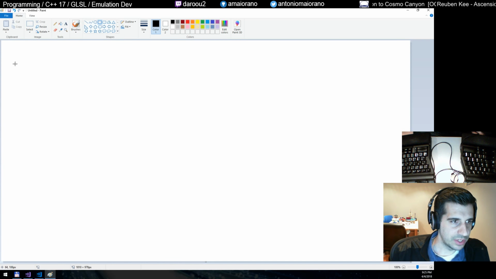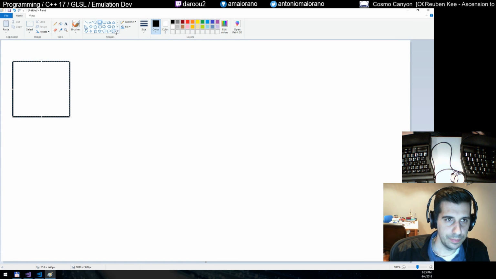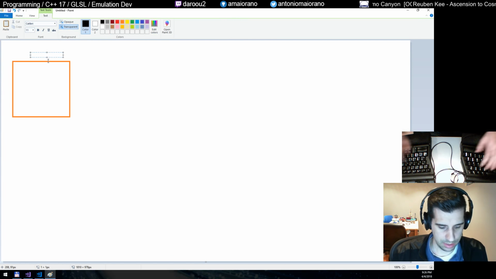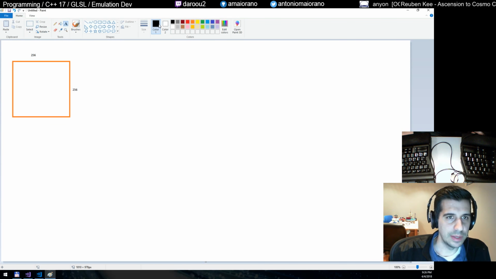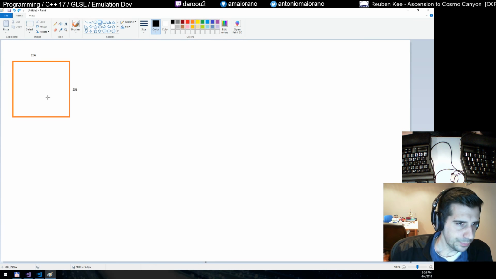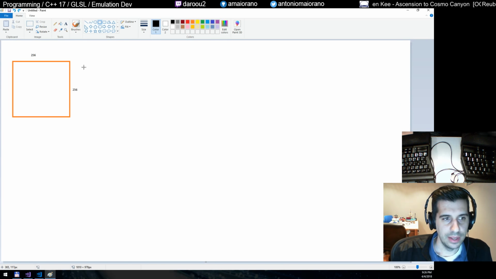So if we think about the Vectrex, right? The Vectrex basically is a 256 by 256 pixel grid. Can I write here? 256 by 256. So something like this. I don't know why this ended up being orange, but anyway. And it is a square, of course. We saw the screen is not actually square, but what I do is, if we look in the code here,